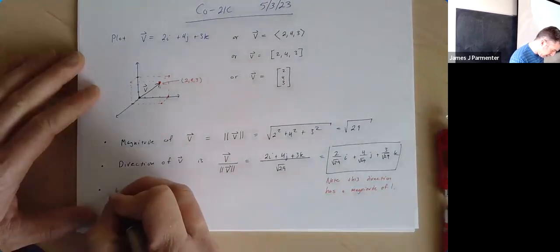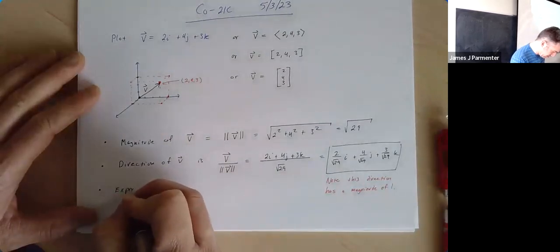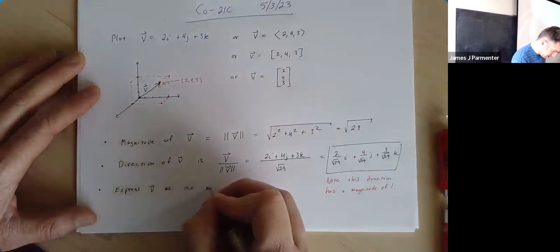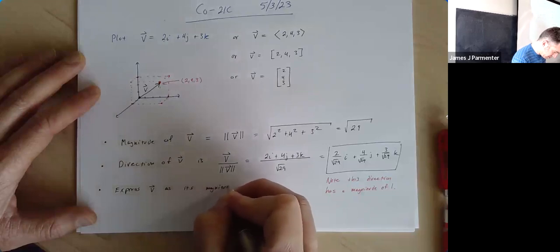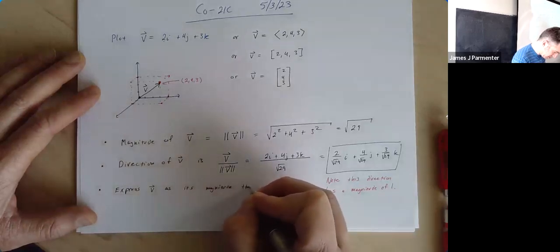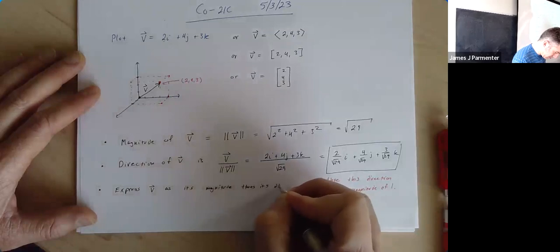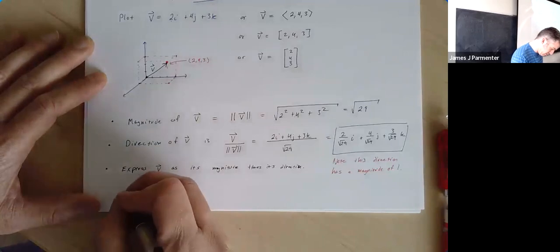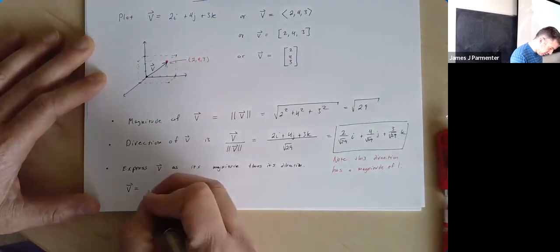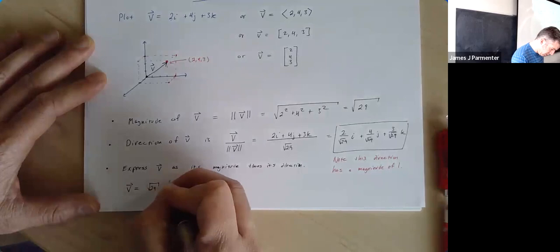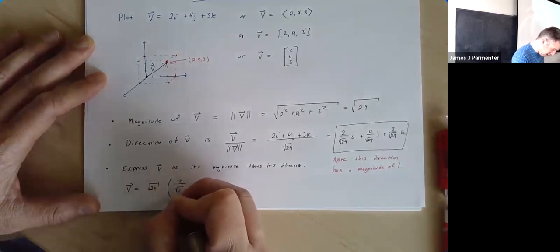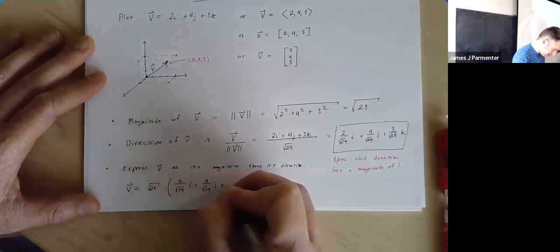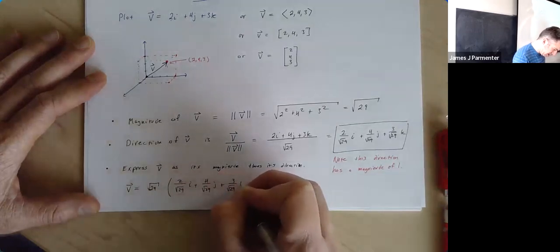So we often like to think about expressing the vector v as its magnitude times its direction. Well, all you're going to do is take the magnitude, which is the square root of 29, and multiply it by 2 over root 29 i plus 4 over root 29 j plus 3 over root 29 k, which seems a little bit